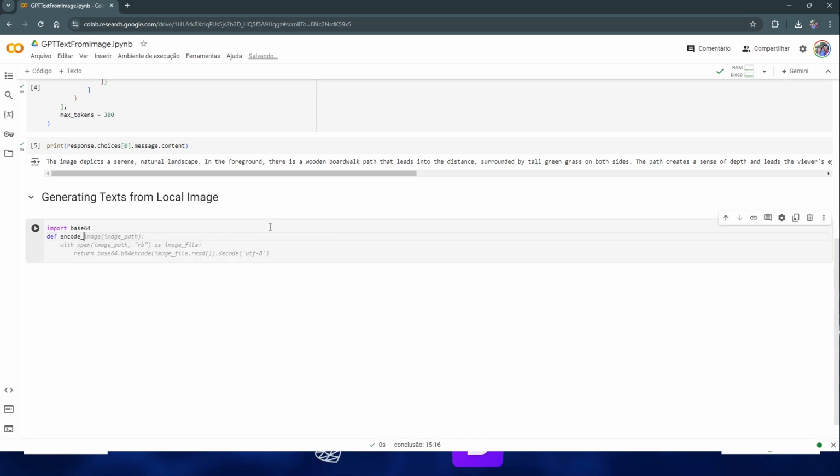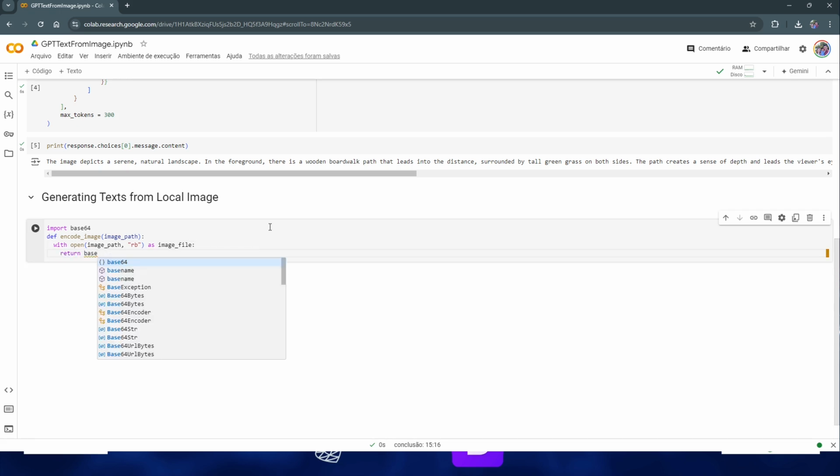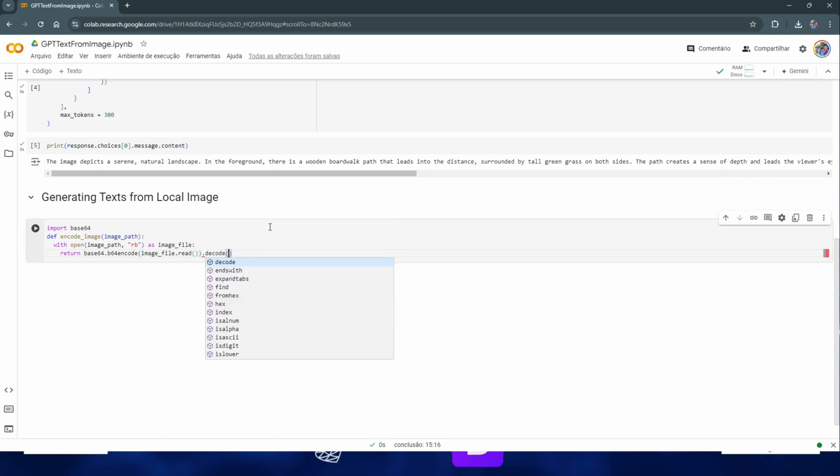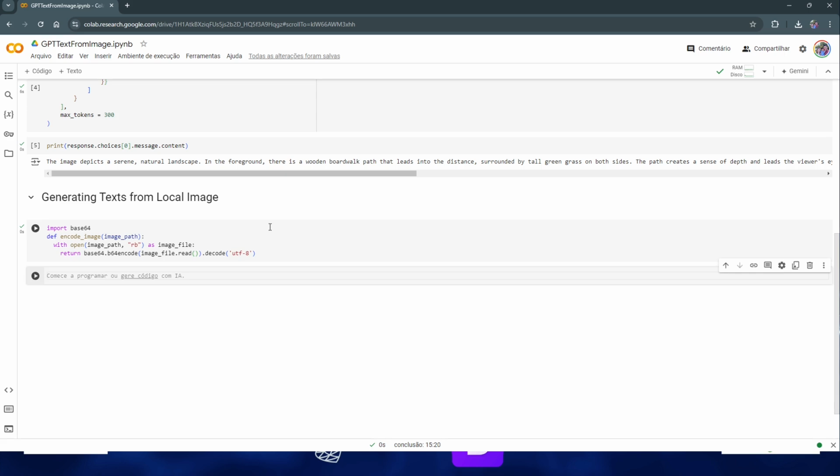Def encode_image, receive an image_path, with open image_path, rb as image_file, return base64.b64encode(image_file.read()).decode, send utf-8. Let's execute it.